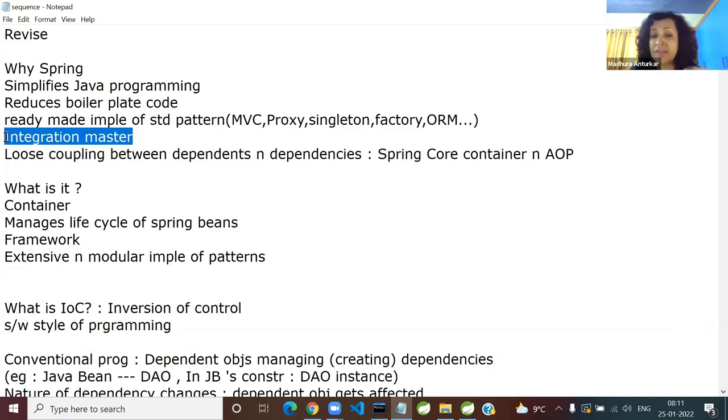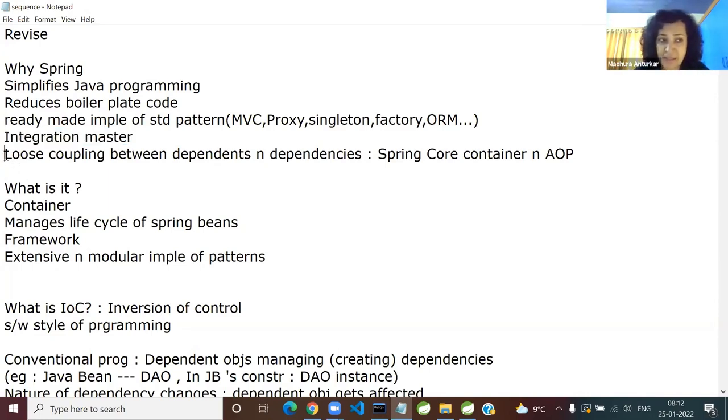You just come to Spring, and Spring gives you an out-of-the-box, ready-made implementation of Spring MVC using servlets. You want to integrate with a database using ORM such as Hibernate? Spring gives you ready-made annotations and APIs to make the integration easier.